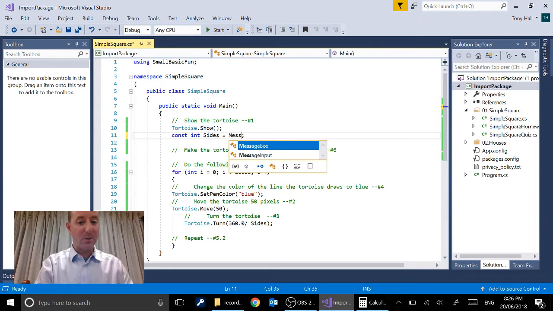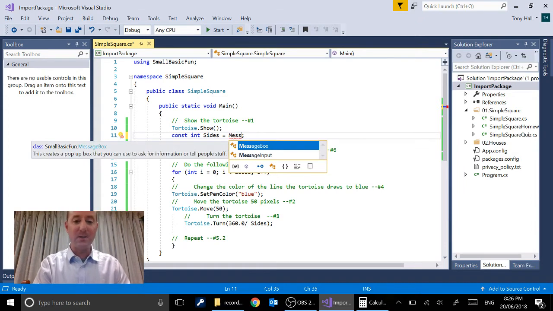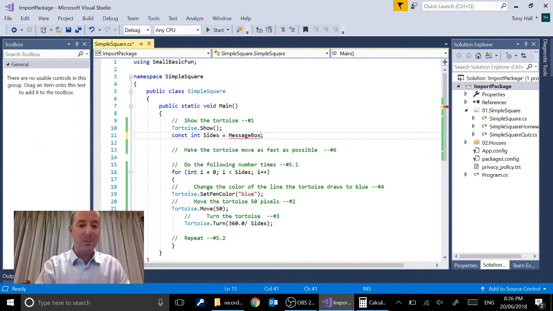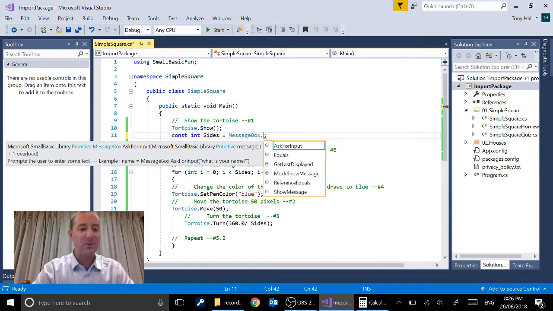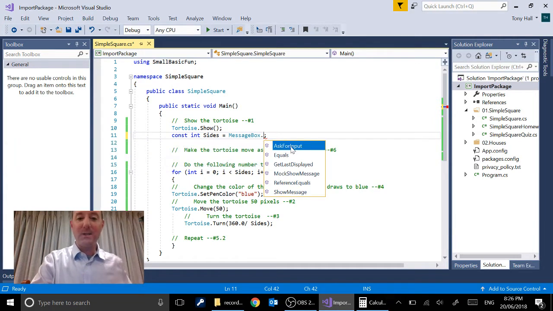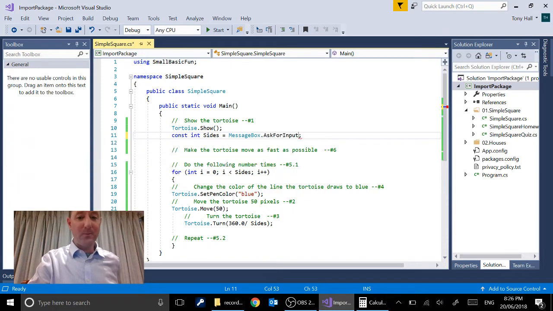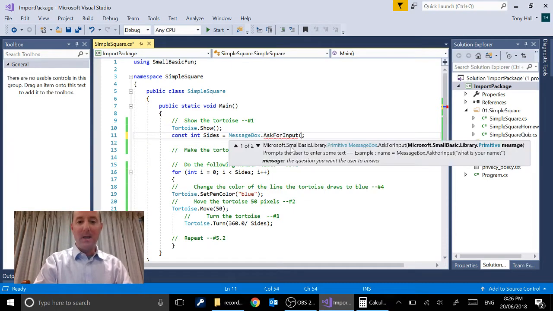If we start typing message box, you'll see it gives us the message box prompt, and then we can press tab and enter in a dot. You'll see that when we enter the dot, it gives us a number of methods that we can choose from. If you look at this list, the one that looks like it's going to get input from the user is this first one, ask for input. When we choose ask for input, I'll just double click on it,